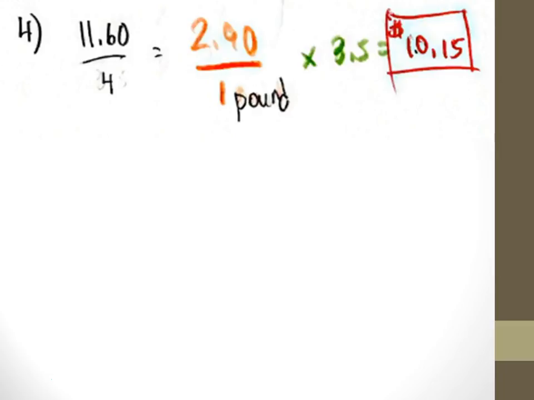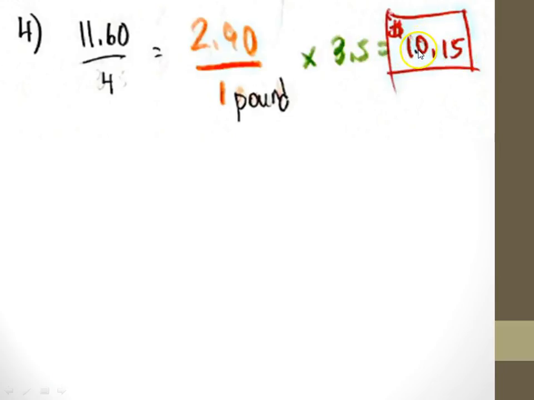Home stretch, last two problems. All right, cool. So for number 4, I need to find out how much it costs for 1 pound of nails. So I know it's $11.60 for 4 pounds, so I'm dividing. Use your calculator. That gives me $2.90 for 1 pound. Now the question asks how much does 3.5 pounds cost? So I'm going to multiply $2.90 times 3.5 pounds,